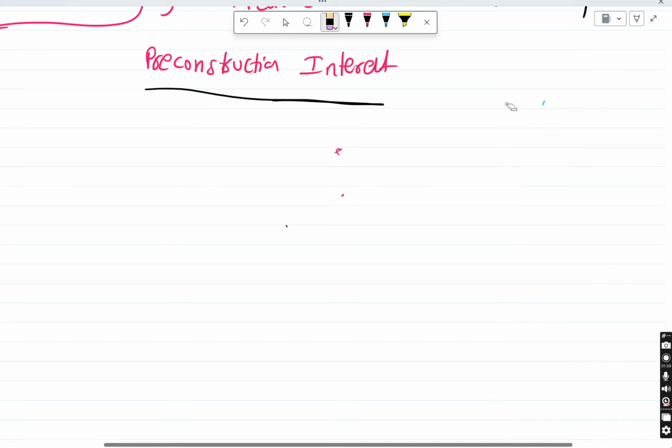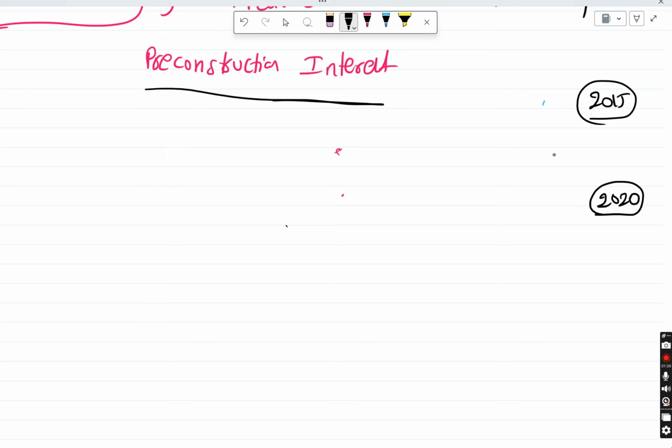Not only when I mean construction, it does not mean that for acquisition also the same thing applies. Let's just say I bought the house in 2020, but I started paying the EMIs, like I bought the house under EMI. I paid in 2016, 2017, I paid EMIs along with the interest. In 2020, I got the house, and I started getting rental income from 2020. This is acquisition, not construction. I acquired the house in 2020, but before acquiring the house I have incurred some interest that I can claim. Again, that interest should be incurred for the house only, not for some other purpose.